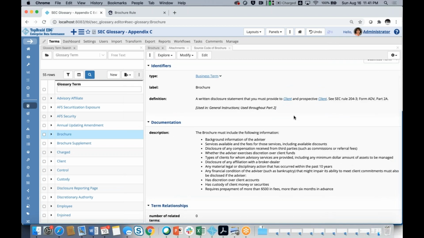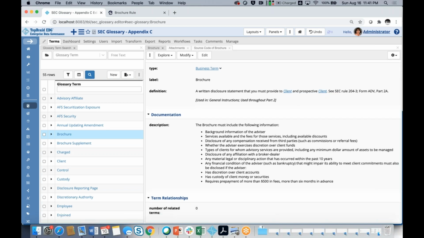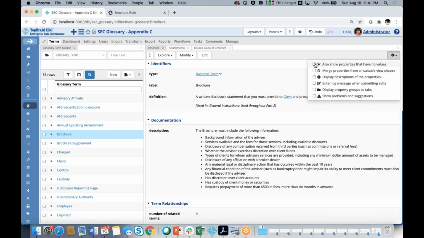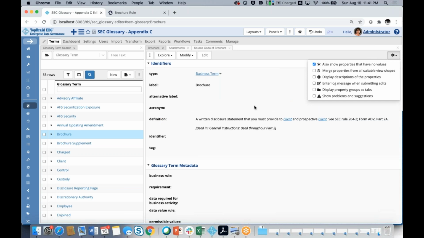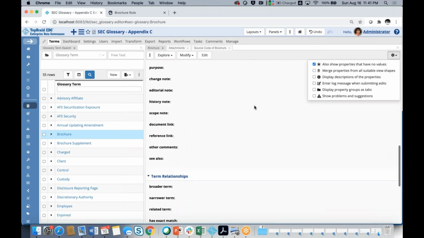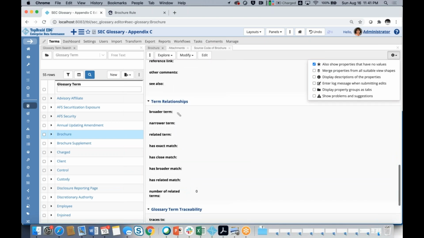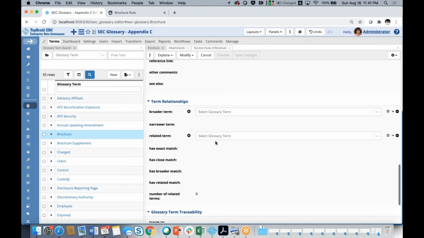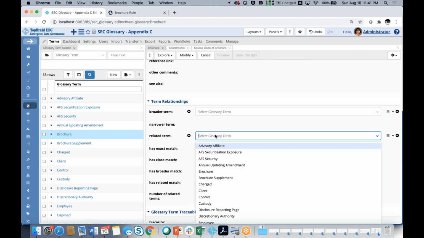So far we have looked at the literal fields, in other words, text, numbers, dates, etc. In addition to that, there's also a number of relationships that are defined for glossary terms. Let's look at them and see how I could edit relationships. So broader term is one example, a related term is another example. So in case of relationship, I have a couple of options. I could start